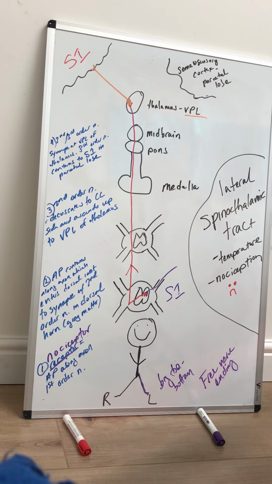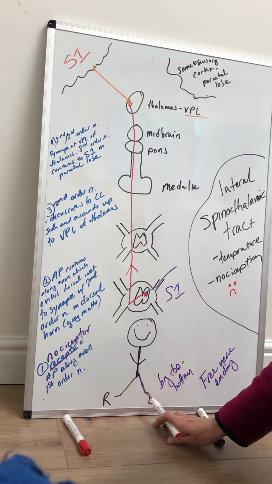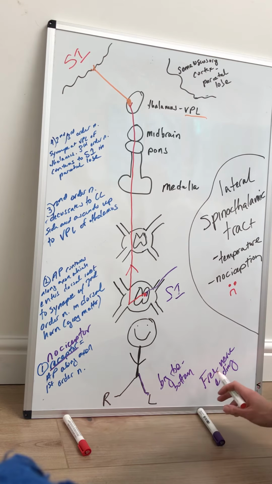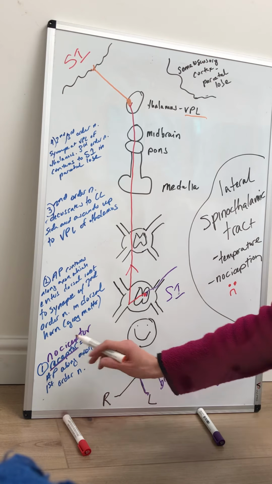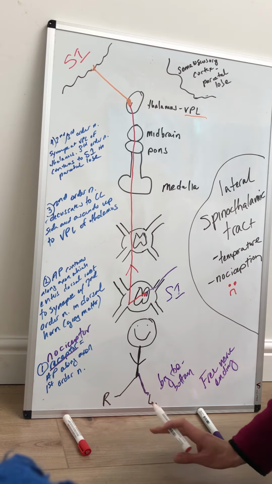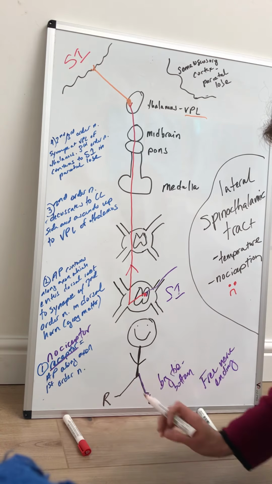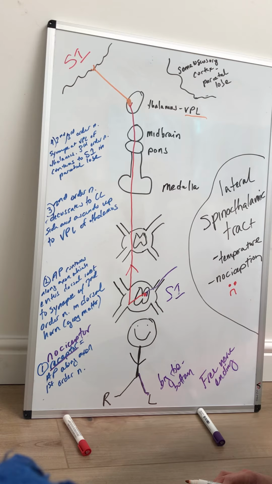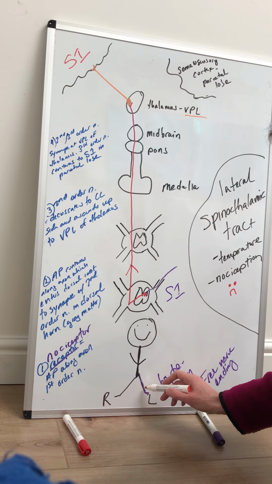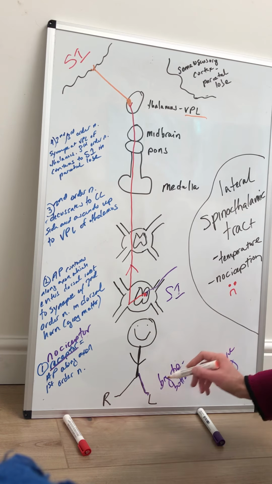So let me recap again. I have stepped on something sharp on the base of my big toe. This is on the left-hand side. So that stimulus activates either, you can call it a free nerve ending or a nociceptor. That initiates an action potential which travels like a football along the axon of that first order neuron, and you see it traveling up through my skin. Because it's at the base of my big